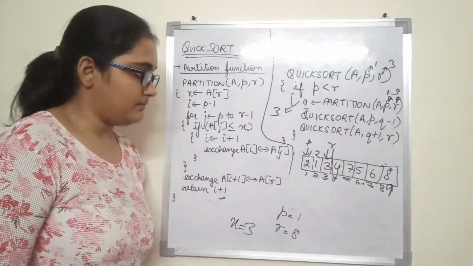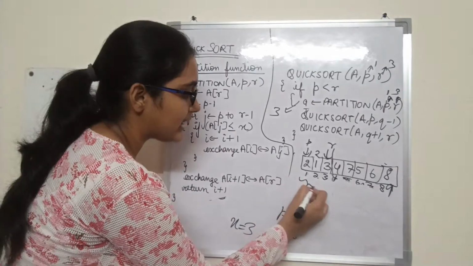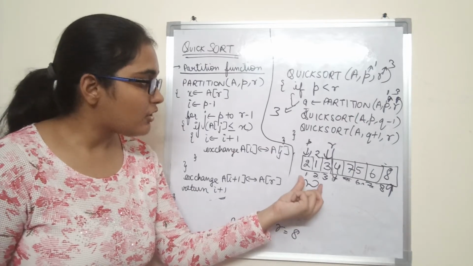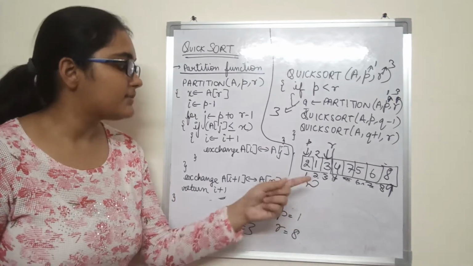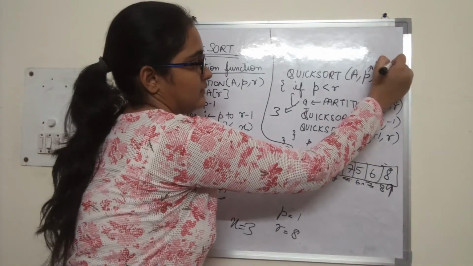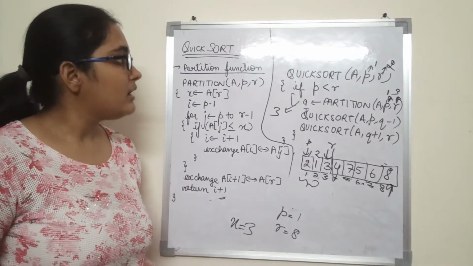That is, on the left child. On the left child, when it is called, what happens? On the left child, when it is called, now it is called on this part. Quicksort is called on this part. So p is equal to 1, r becomes 2 now. r becomes 2 now, right?